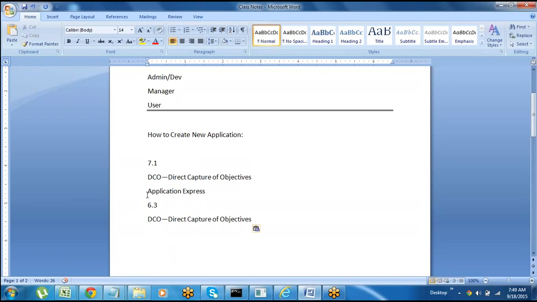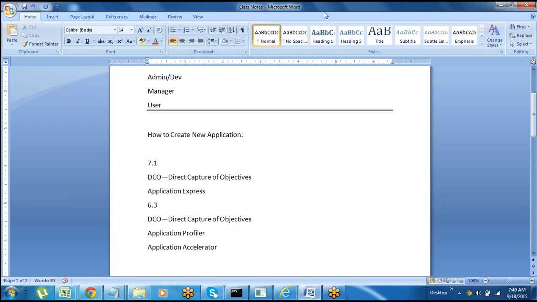In 7.1 we use only one component called Application Express, but in the previous version we used Application Profiler and Application Accelerator.